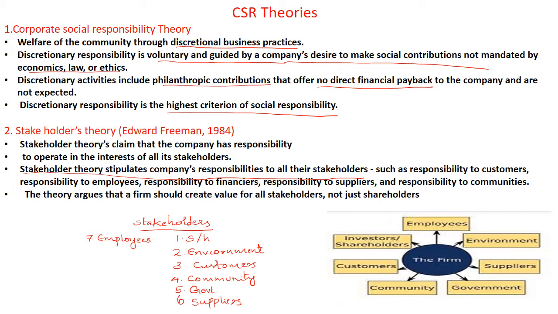Responsibility to the suppliers, then responsibility to the communities by contributing things that are needed for the welfare of society. So these are the responsibilities of an organization towards its stakeholders, right? This argues that a firm should create value for all stakeholders, not just shareholders. According to Edward Freeman's stakeholder theory, the company has to focus more on the welfare of, or creating value for, the stakeholders, not only the shareholders. They have to focus on value creation for stakeholders, not so much on the shareholders. Okay,